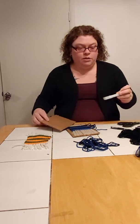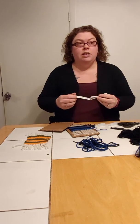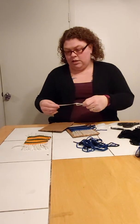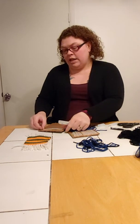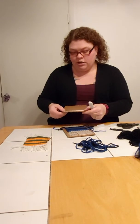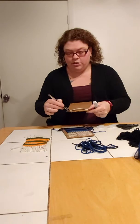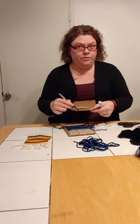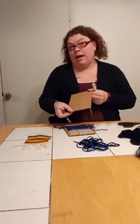And then I took my measuring tape right here, and it has a centimeter side. So I laid that down against the side of the box and I measured every half centimeter. I took my pen and measured every half centimeter all the way along the box on both sides,